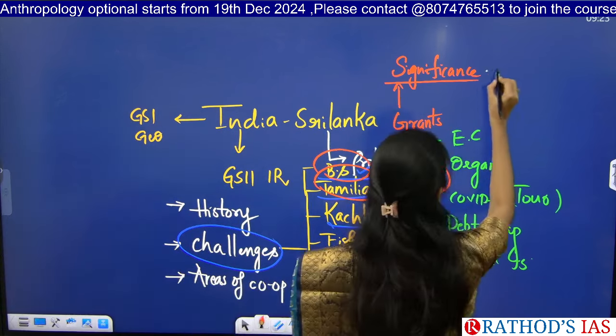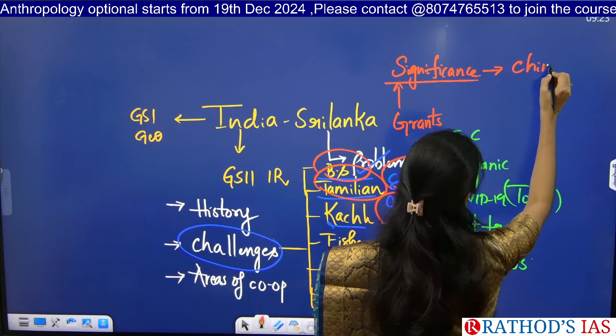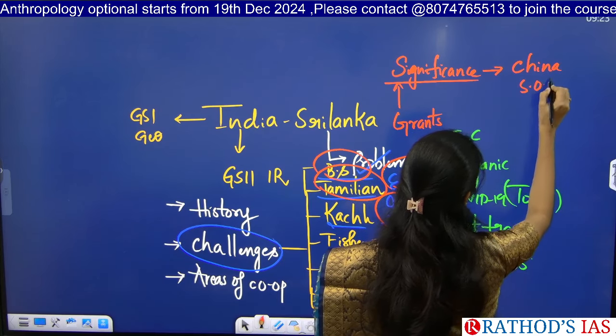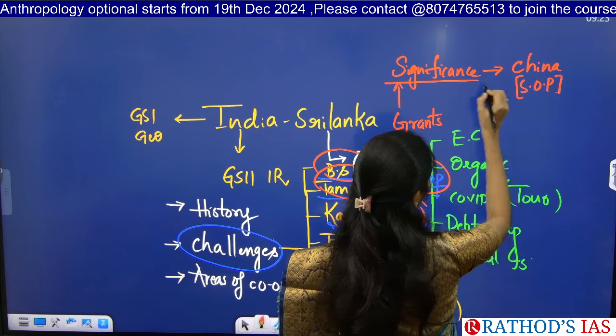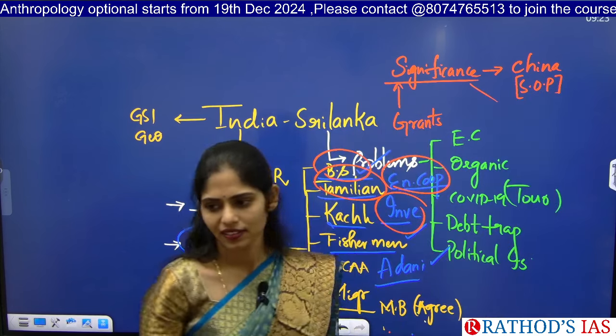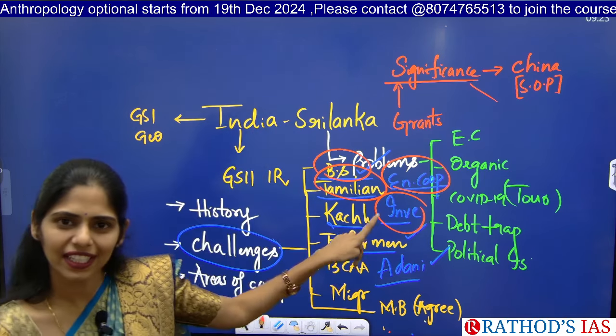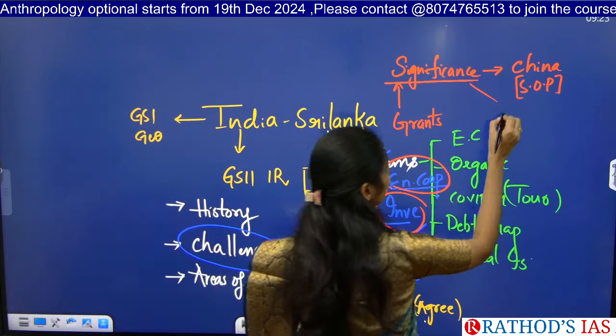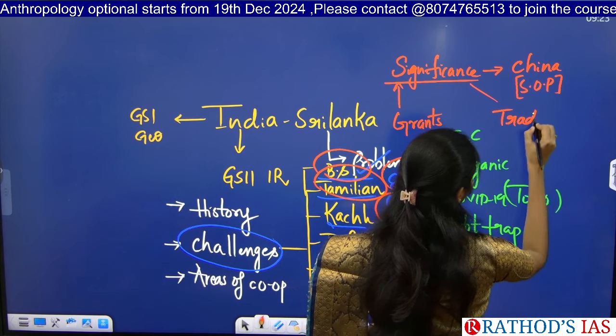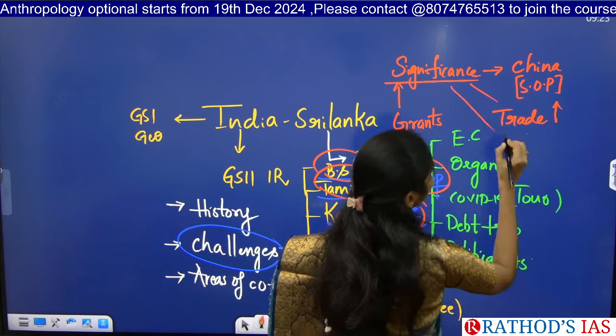Okay, so it will be helpful for countering China's string of pearls concept. Next, can we increase our trade there? Trade in this country can be increased. Next,